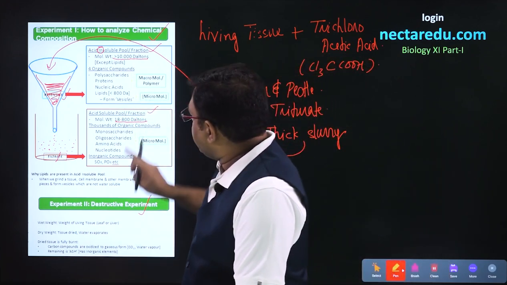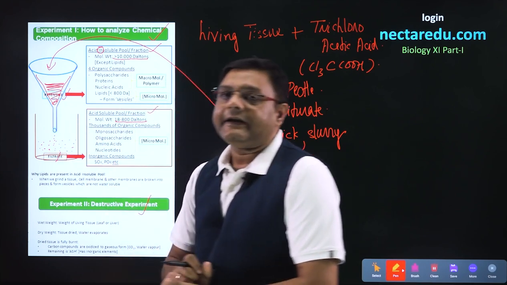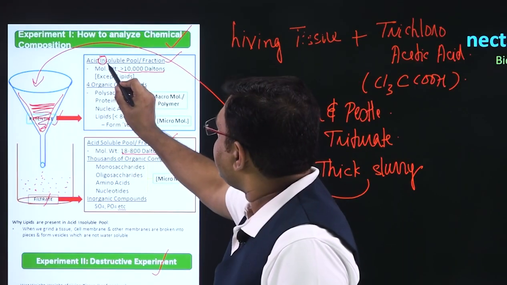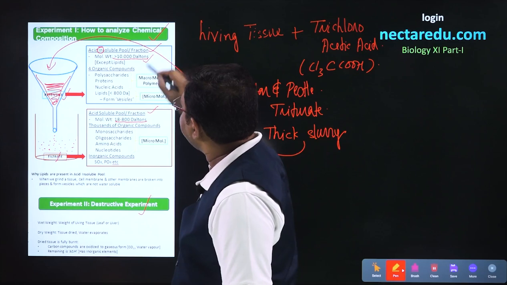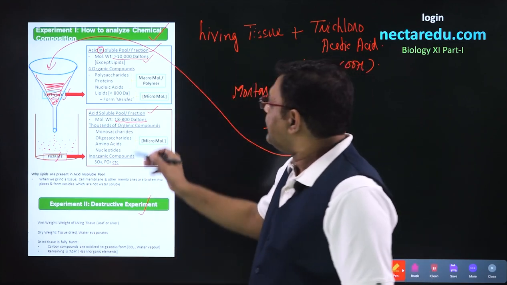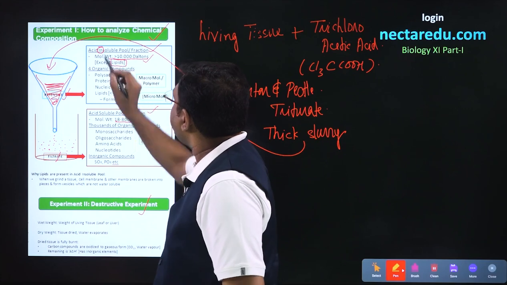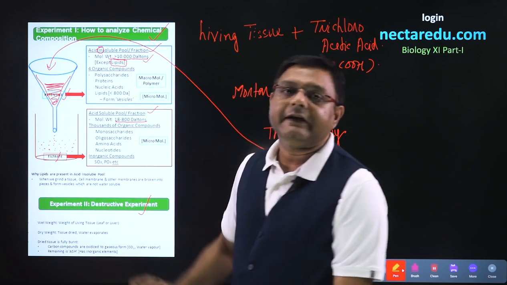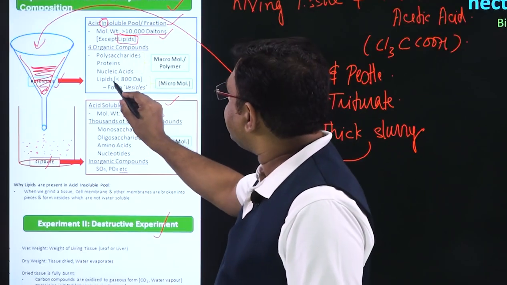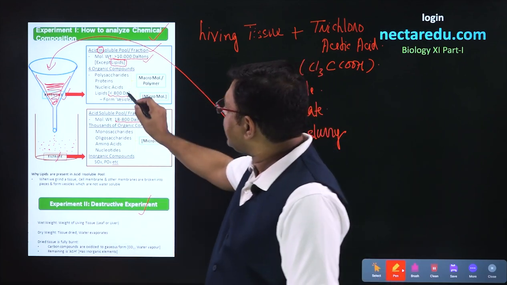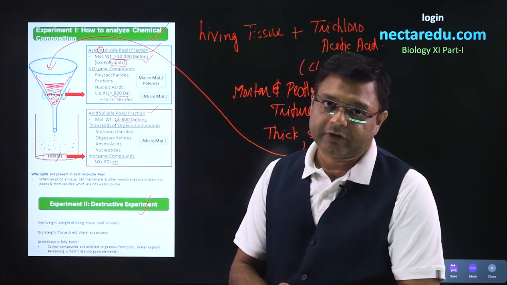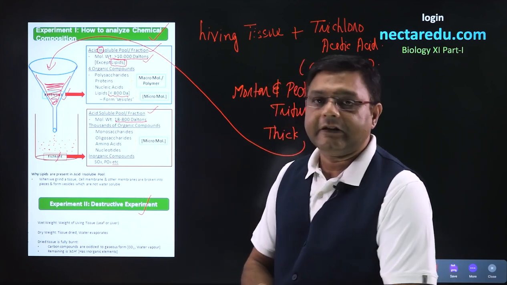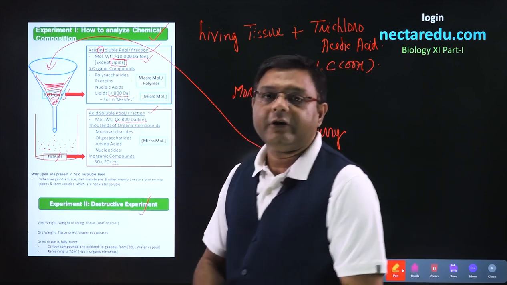If we see the components in retentate and filtrate, then one exception comes over here. We are saying that acid insoluble pool will have molecular weight which is more than 10,000 daltons, but the exception will be lipids in this case because the molecular weight of lipids is not greater than 10,000 daltons. It will be less than 800 daltons, but still lipids will be present in the retentate portion. We will look into the reason why these lipids are present in the acid insoluble pool despite having less molecular weights.